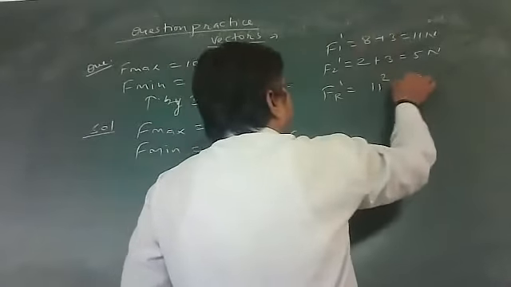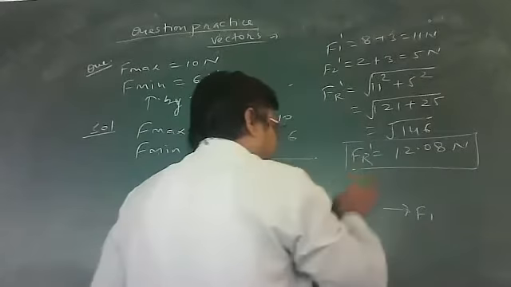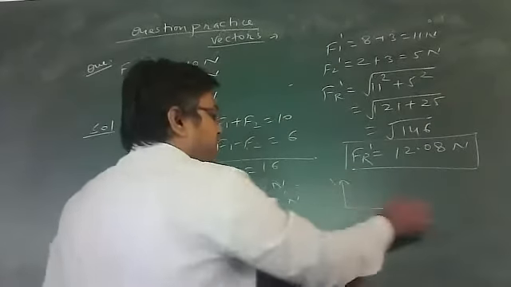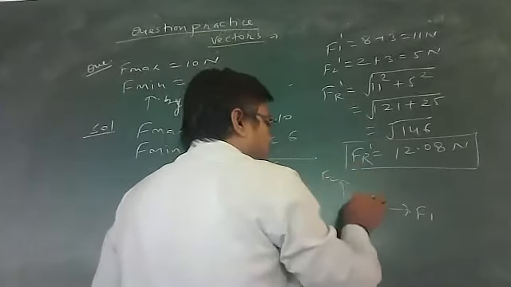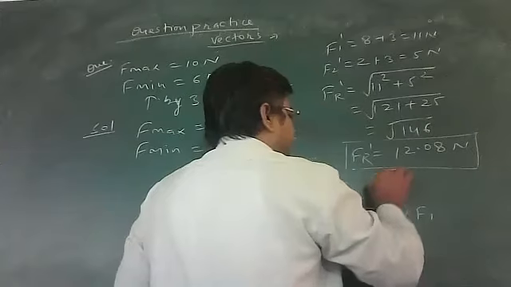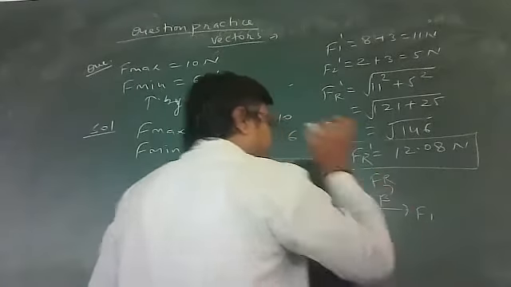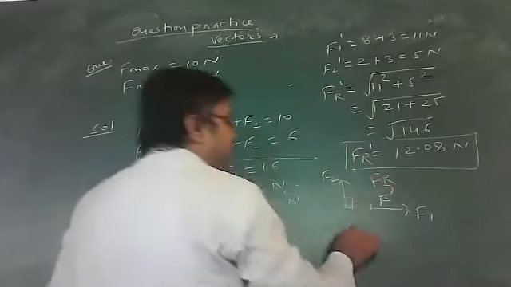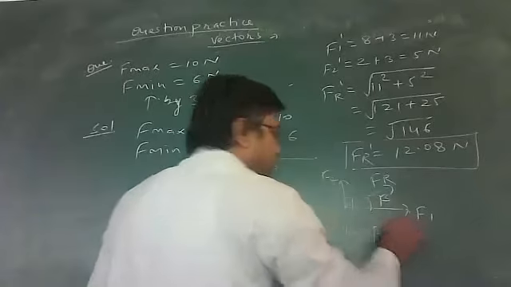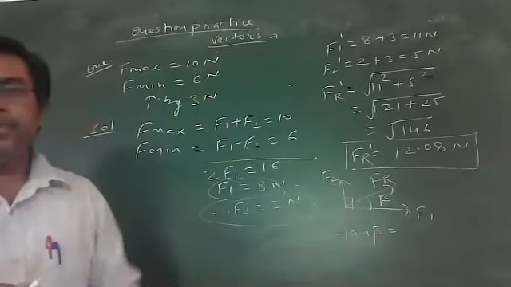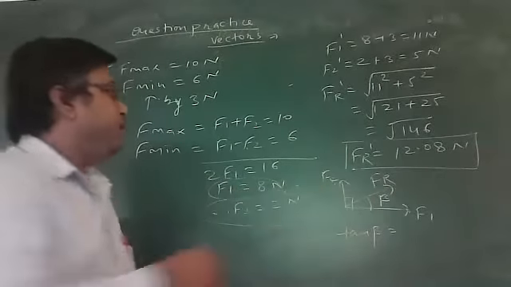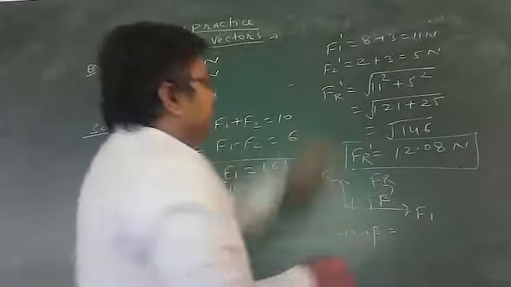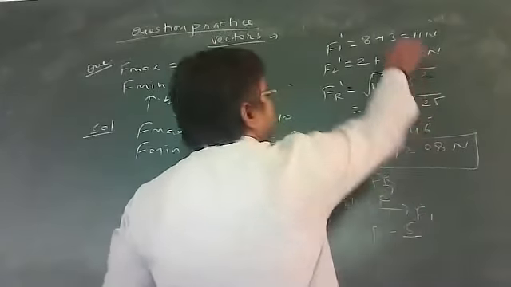It is only the modulus. What is the direction? For direction sense, it is always best to prepare a sketch. This is F1, this is F2. Both are inclined at 90 degree. This is my resultant, and the resultant makes an angle beta. Now, what is the value of tan beta? Tan beta you will obtain from the y component over the x component. F2 value is given as 5, F1 value is given as 11.